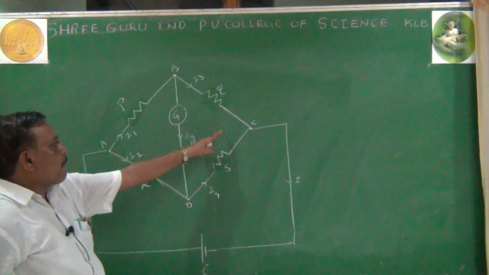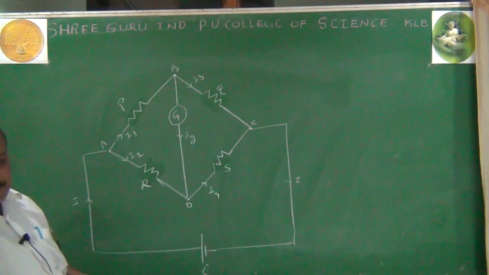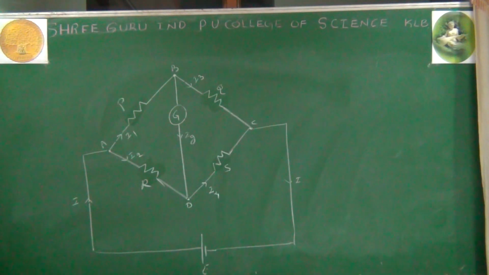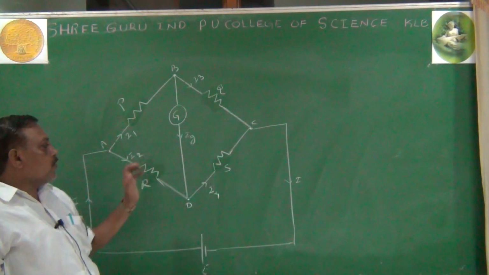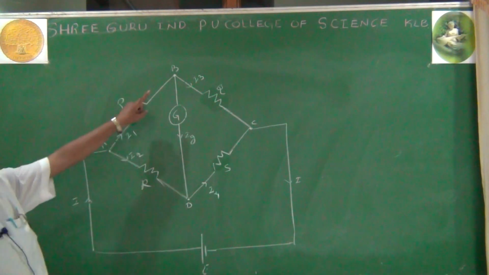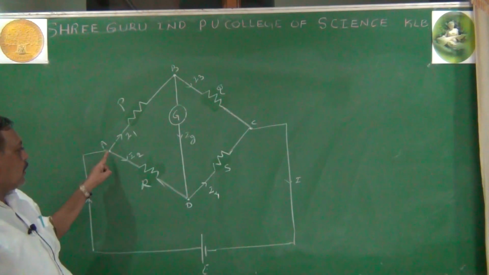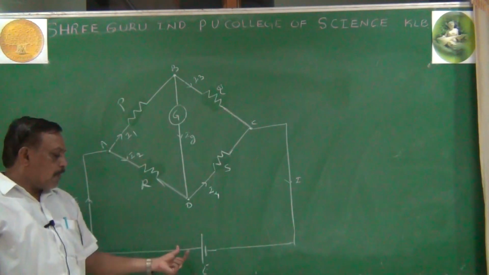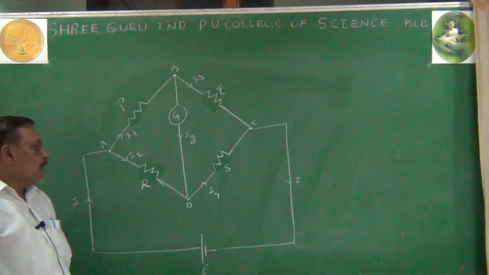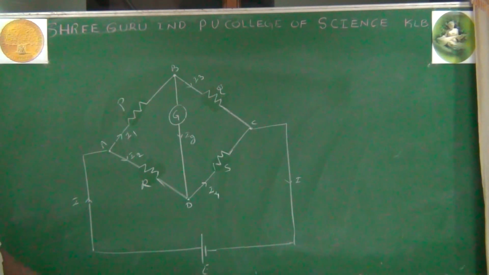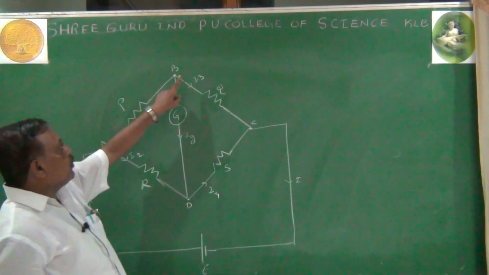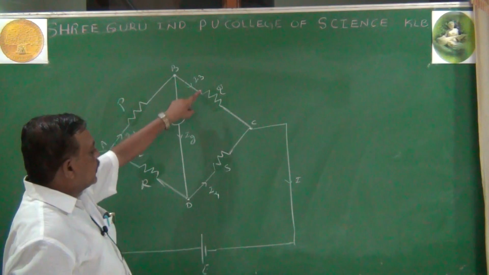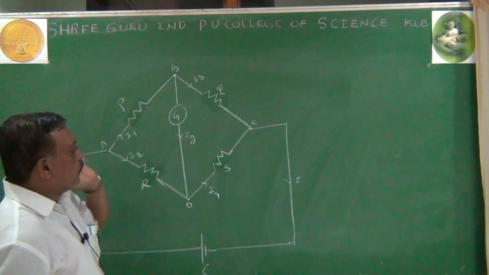Now this is our Wheatstone network. The Wheatstone network consists of a quadrilateral. Each arm of the quadrilateral has a resistance, ordered P, Q, S, R in cyclic order. Any two diagonal points have a galvanometer, and the remaining two diagonal points have a battery connection of EMF E. When the current enters, it divides: the currents through P and R are I1 and I2, and the currents through the Q and S resistors are I3 and I4.